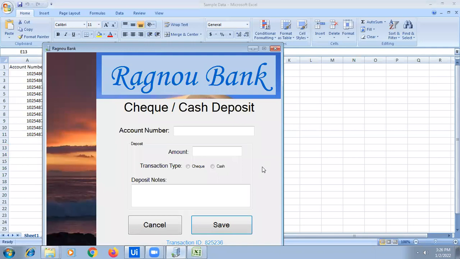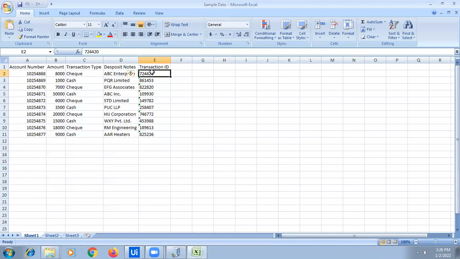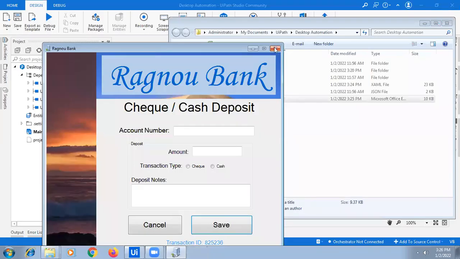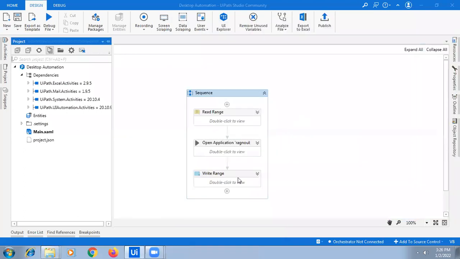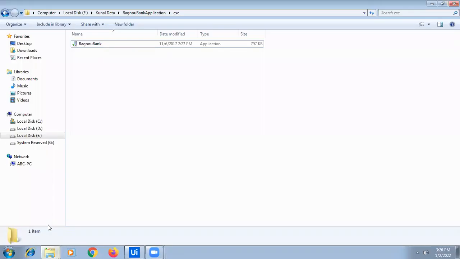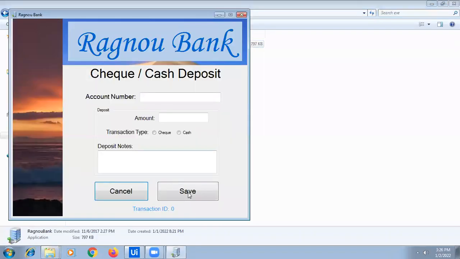We entered the data, clicked on save, copied the transaction ID from it and entered it back into the Excel. Okay, now what we want to do is close that application as well. For that,